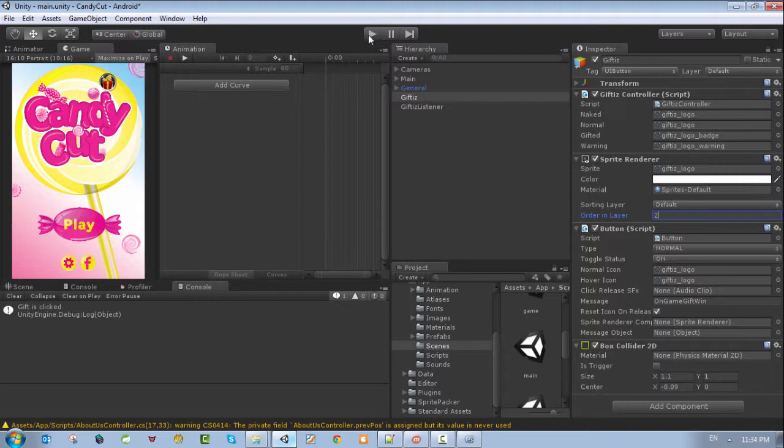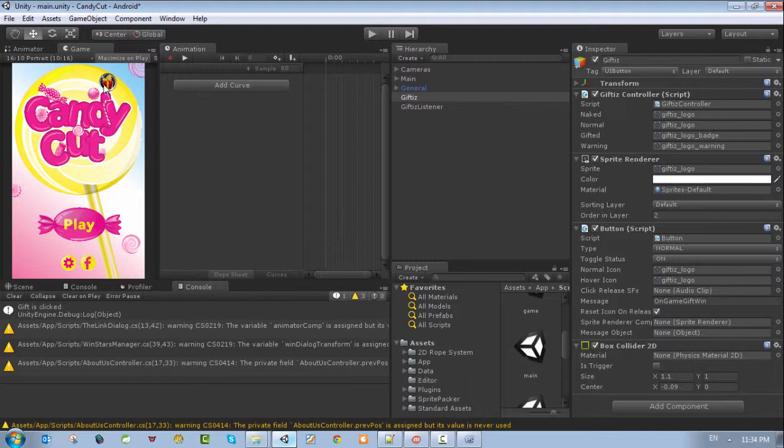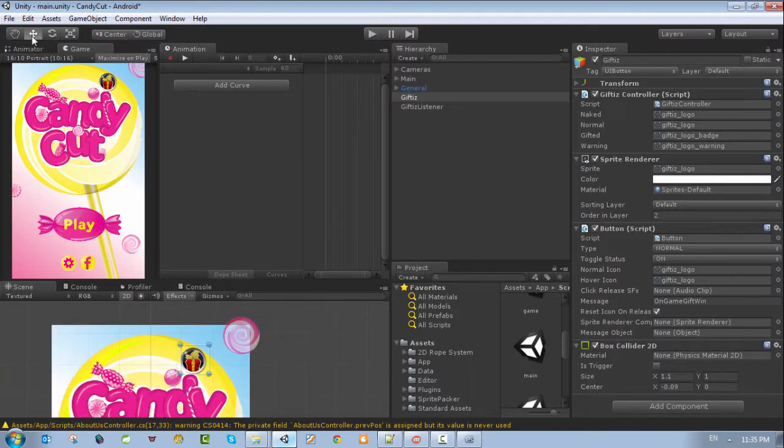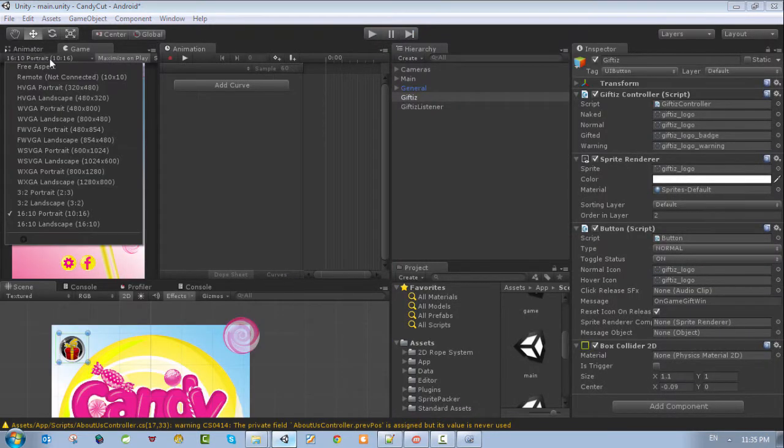But we have a problem with the responsiveness. Because when you click here, you see the position of the button is changed. So let's say I want to change its position. Let me go to the scene and try to change its position, put it here. It looks good here, but let us change the aspect ratio of the screen. Let's say I want to run it on